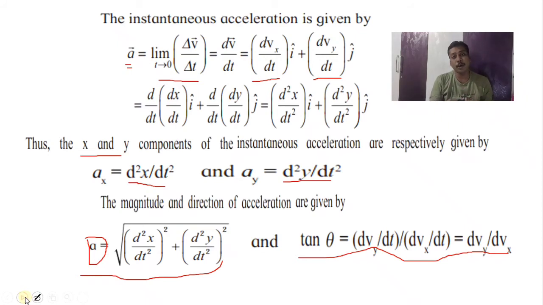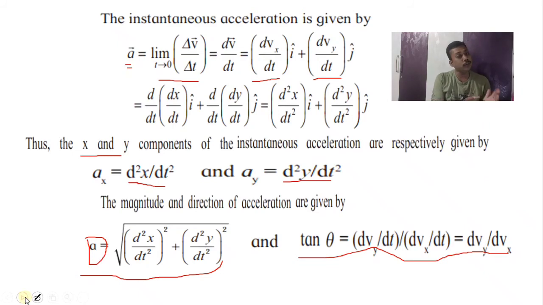Similarly, only one component of velocity is there. Similarly, only one component of acceleration is there. But in case of motion in a plane, or two-dimensional motion, the velocity has two components. One component is along the x-axis and the other is along the y-axis. Acceleration has two components. One is along the x-axis and the other is along the y-axis. So this is the major difference between rectilinear motion and motion in a plane, that is two-dimensional motion.